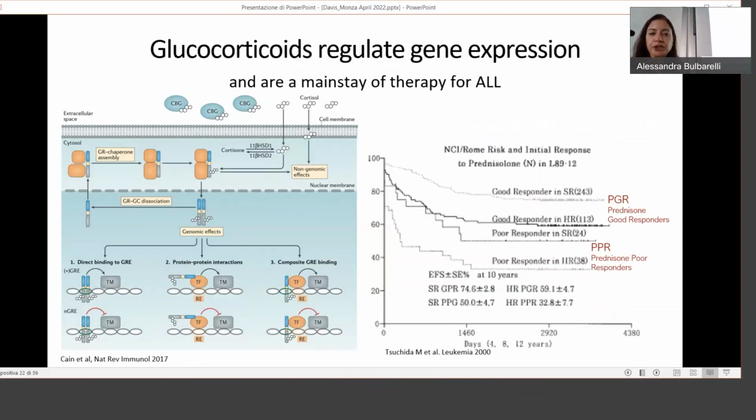So I'm going to transition to talk about another story, which is particularly Yolanda's work that I want to highlight. Again, thinking about treatment resistance, many of us know that glucocorticoids are really a mainstay of therapy for ALL. And I think for me, I forget that glucocorticoids actually play a job in cells, and really one of them is to regulate gene expression.